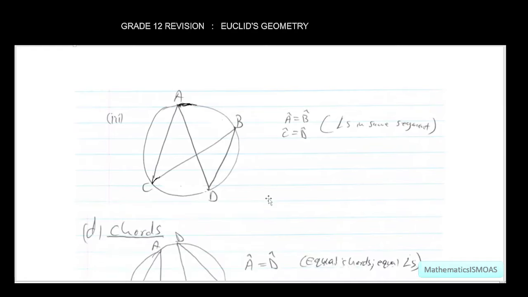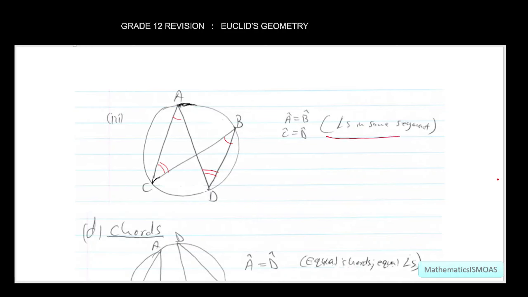And then number three, on our diagram, the vertices A, B, D, and C, they are on the circumference of the circle. Therefore, if this is the case, this means angle A will be equal to angle B. And also it means angle C will be equal to angle D. And then the reason for that will be